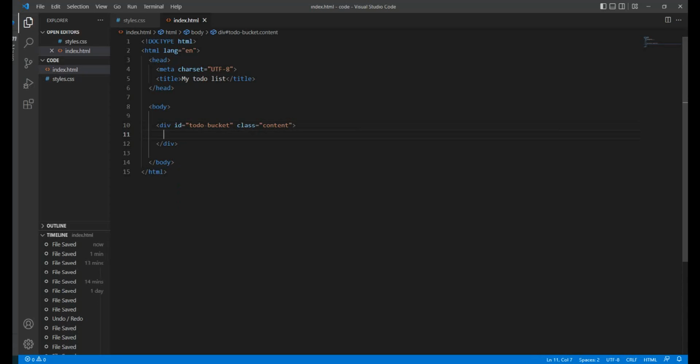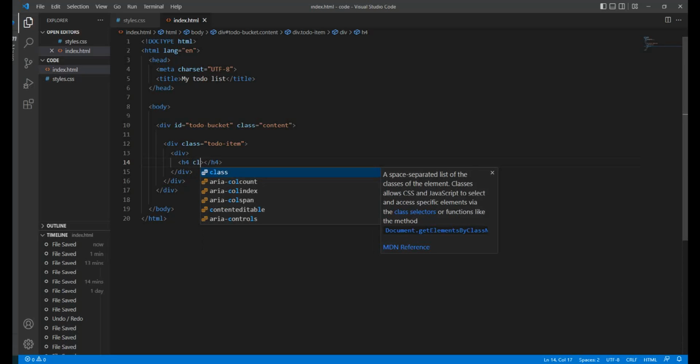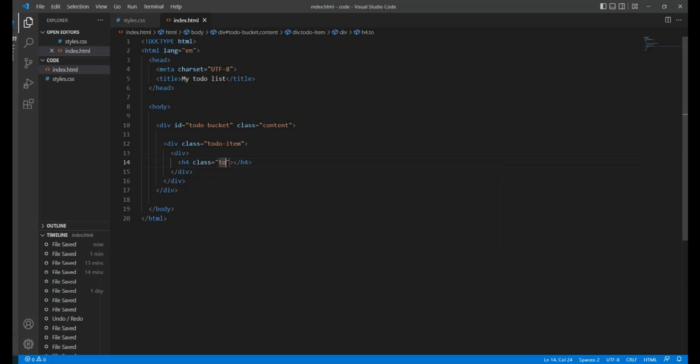And then just below that, I'll go ahead and put the first item. So I'll say div class, and I'll call the class to-do item. I'm giving this a class because I have several of them and I want to design them accordingly. Inside the to-do item, I'll put another div. For now, it has no class, and I'll add an h4 tag which will hold the title of the to-do, and I'll give it a class of to-do title,